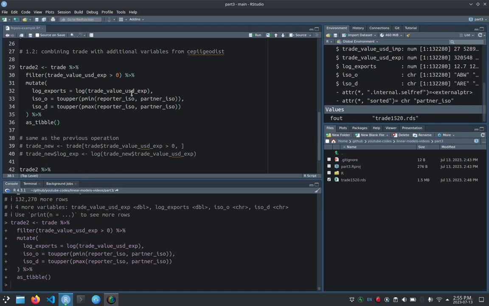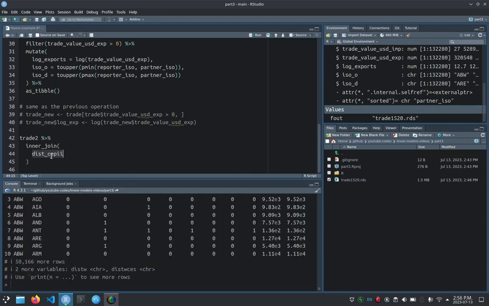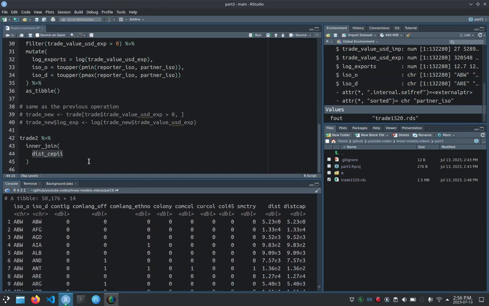So now we can match the two tables in R. It's not the same to put, let's say, Emirates in uppercase or lowercase, or Argentina in uppercase or lowercase, or any other country. So now we can conduct an inner join, and we don't really need to call the package on the left side of the table. We can just call the table by name, and we can select inside the inner join here we select the distance,